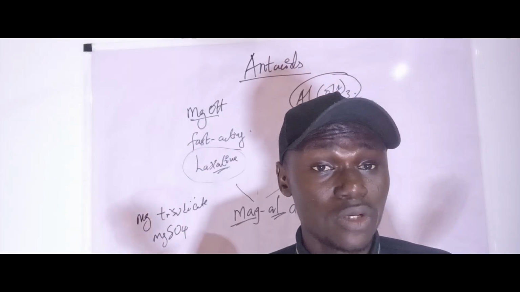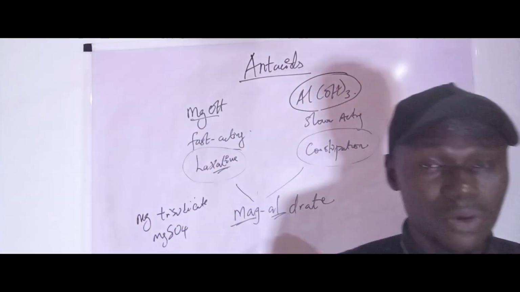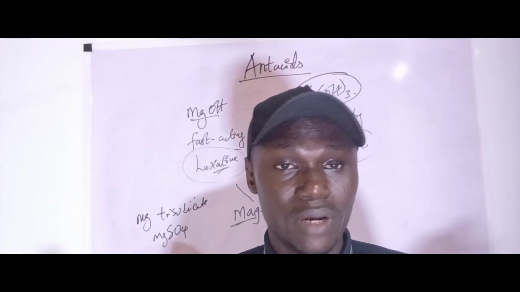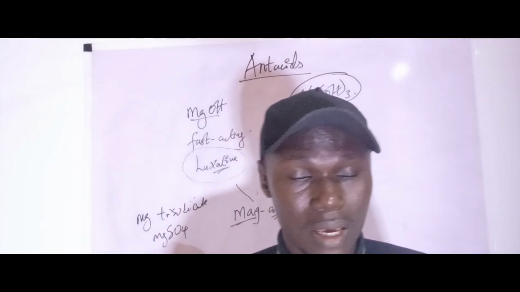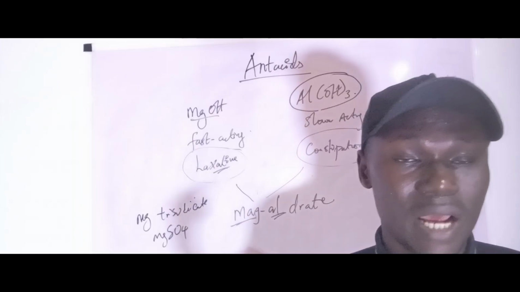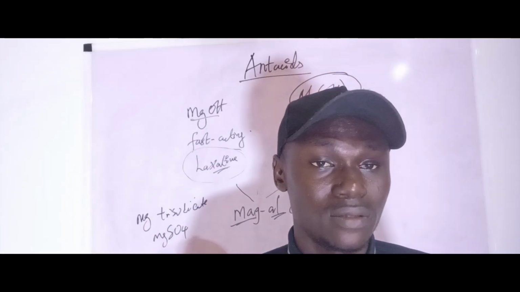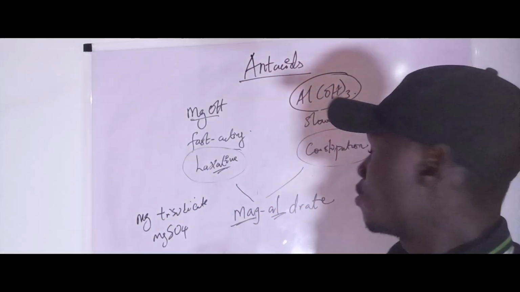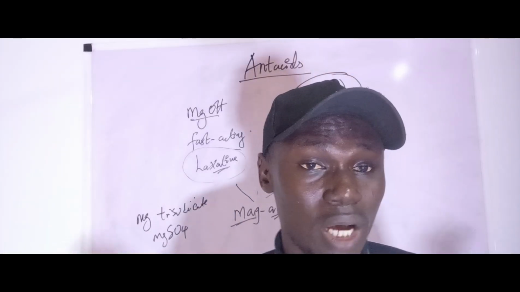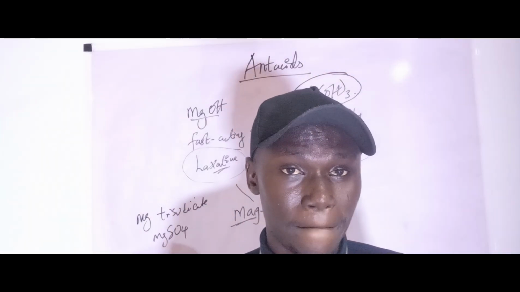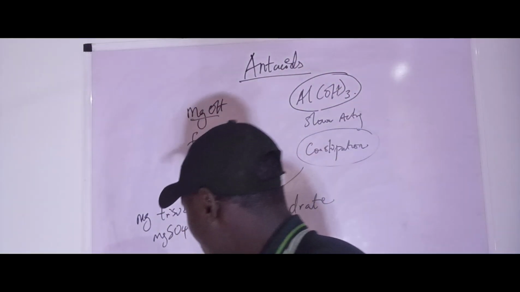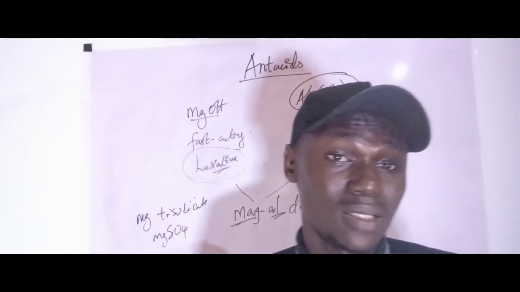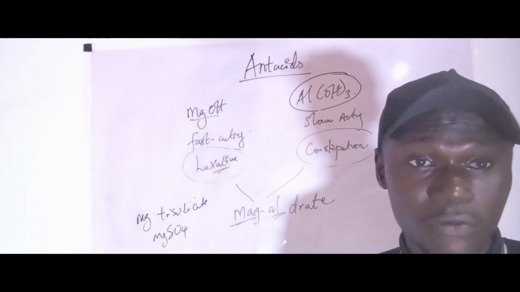Then which one do we now use? We use magnesium hydroxide and aluminum hydroxide. Magnesium hydroxide is fast acting and can act as a laxative. Aluminum hydroxide is slower acting and can cause constipation. So we combine both of them to have a better effect. Are you getting it now? So this is for antacid. Also take note that magnesium trisilicate can also be used as an antacid, but magnesium sulfate is only used